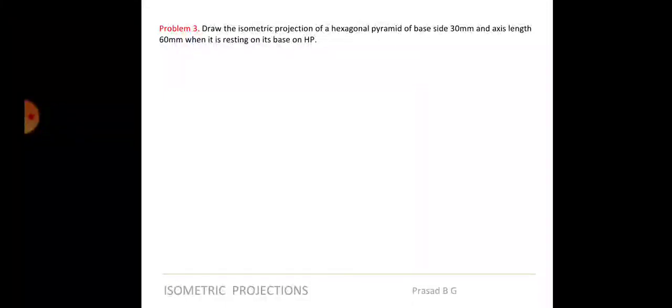Okay, so in continuation with that, next we will go for the next set of solids to be drawn, which is quite different to be drawn. That is pyramids and prisms. Okay, so when you have a square prism, it's easy. Now I am talking about pentagonal and hexagonal pyramids and prisms. So we know pentagonals will have 5 sides and hexagon will have 6 sides. So we have to draw the isometric projections of these objects.